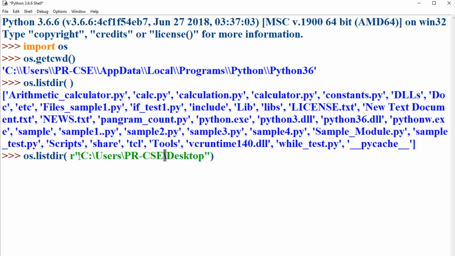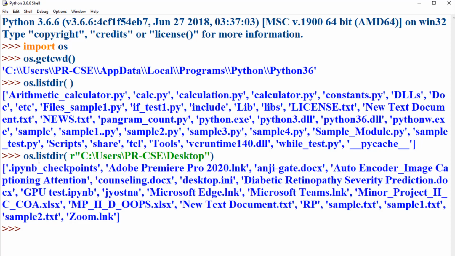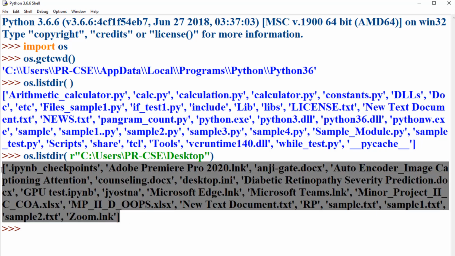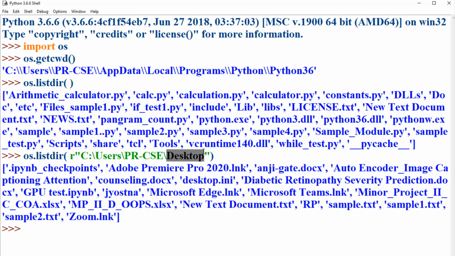To avoid treating these characters as escape sequence characters, we can use the string as a raw string. Whenever the character r is prepended before the string, the string content is treated as it is, without treating any of the escape sequence characters. If you observe, this listdir method lists all the files and directories that are available in this directory